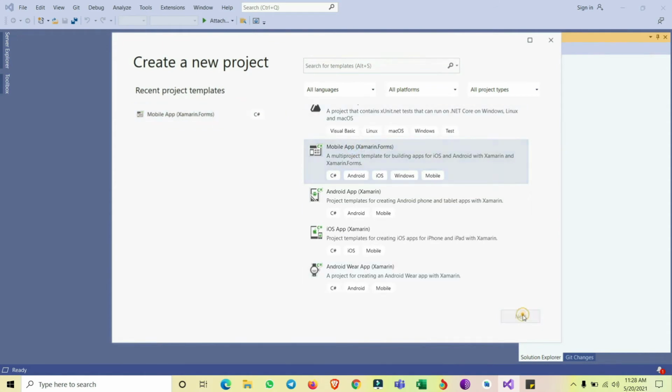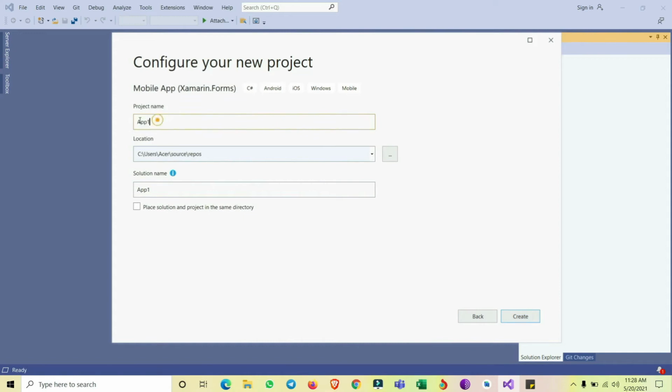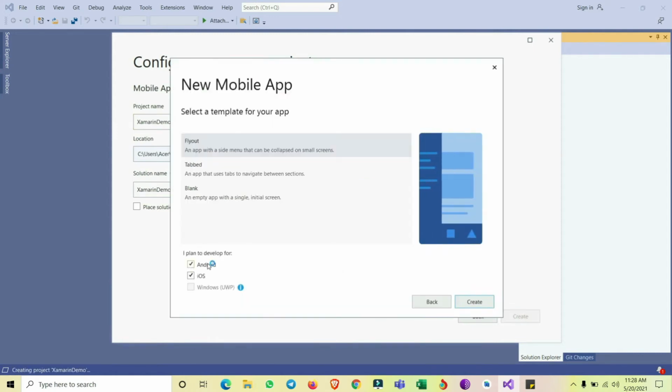Give the name for the project and press Create. Make sure you are selecting both Android and iOS here, and as of now select Blank, an empty app with a single initial screen. Just create.